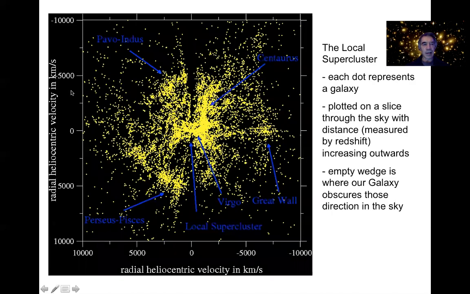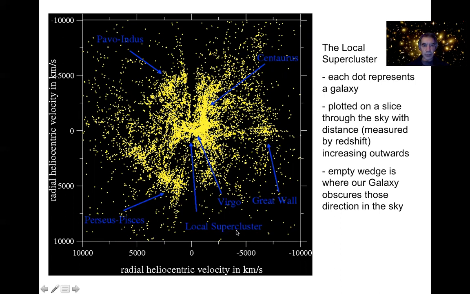So let's just concentrate on the axes here for a moment to give you an idea about what we're plotting. Every little yellow dot on here is a galaxy that's had its redshift or its recessional velocity measured. So this is a two-dimensional plot of radial velocity. You go off in a particular direction and you measure the redshift of a particular galaxy so that you can plot it in velocity units on this plot. This is just a slice in a particular plane, and we are at the center of these kinds of plots. So we are at 0 velocity, and because of Hubble's law, the faster that a galaxy is receding away from us, the further away from us it is. Okay, so